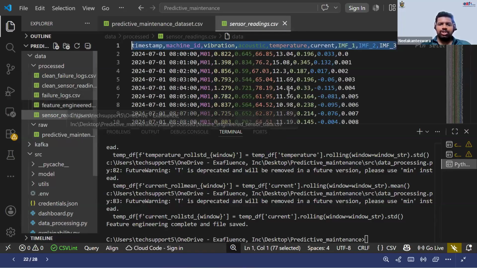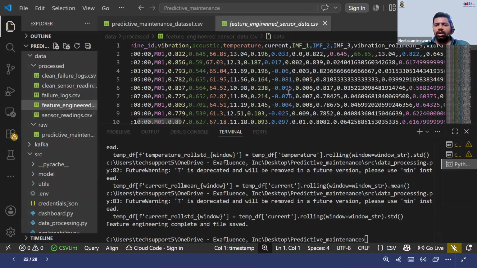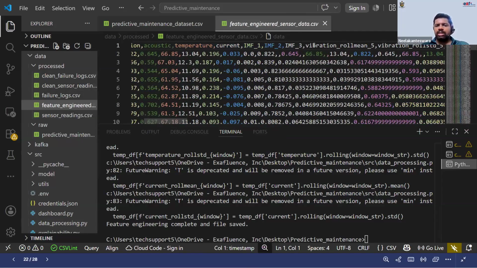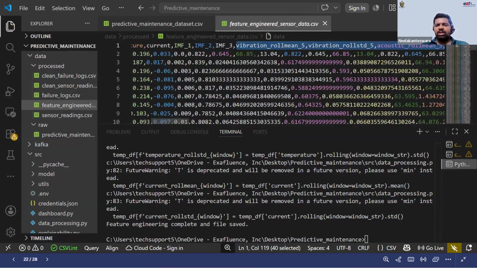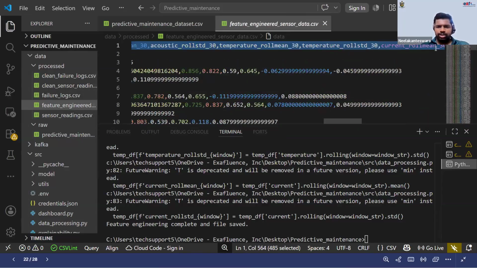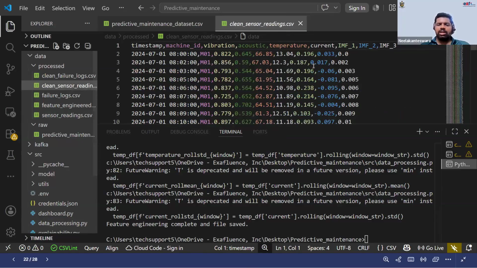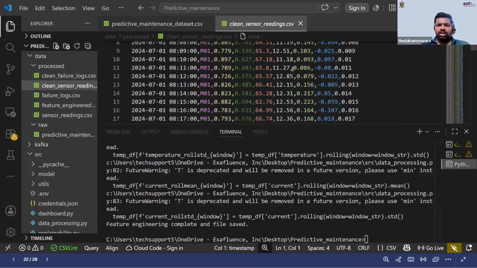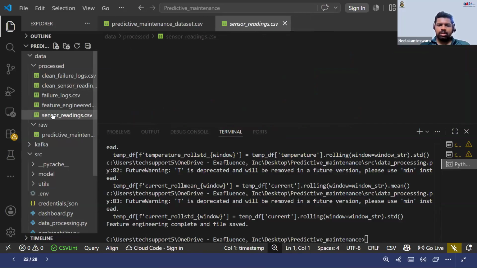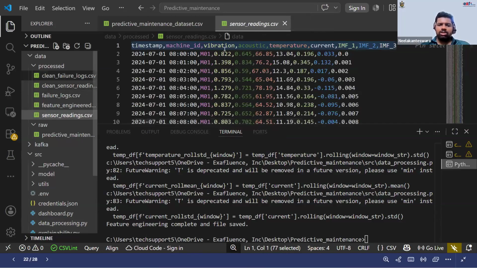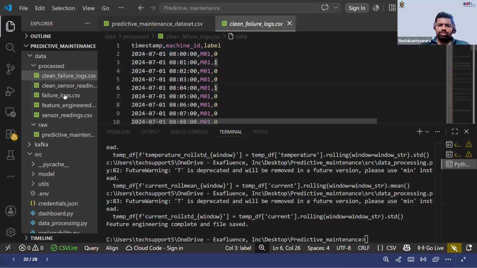If you take the feature engineering, here we have some add-ons: it adds some extra features, extra columns. In the clean sensor data, if there are any null values, we change those, and in the clean failure data also, any null values we change.